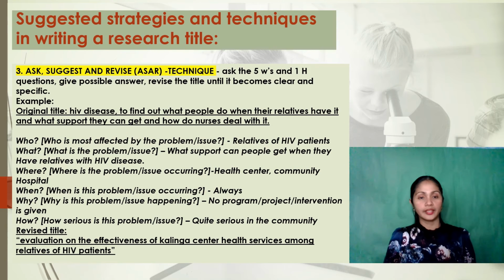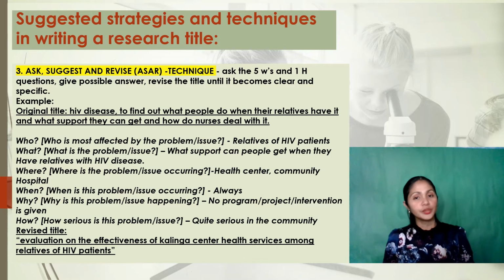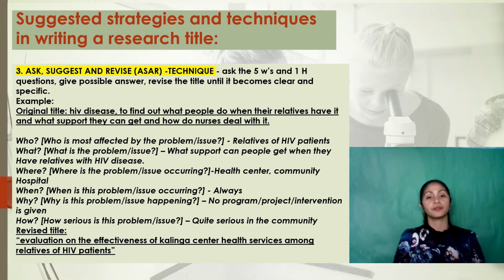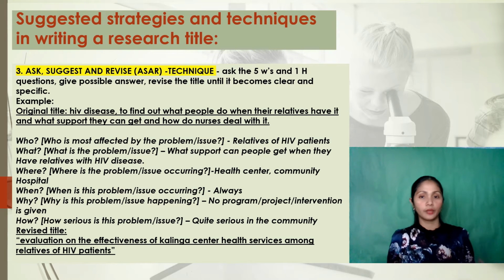And the number 3 technique: the ask, suggest, and revise technique, or ASAR technique. You need to ask the 5 W's and 1 H questions, and then give possible answers. Then after that, you revise the title until it becomes clear and specific. For example, your original title or research topic would be like this: HIV disease, to find out what people do